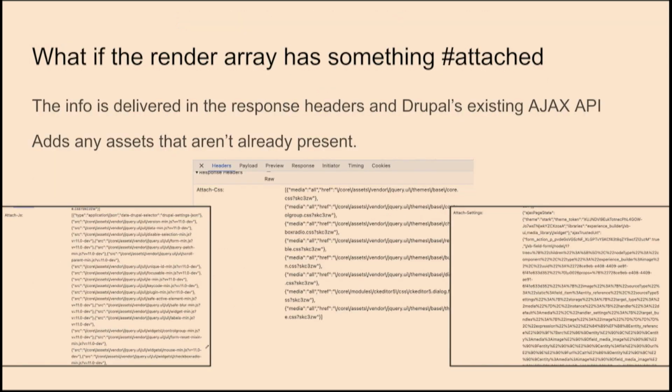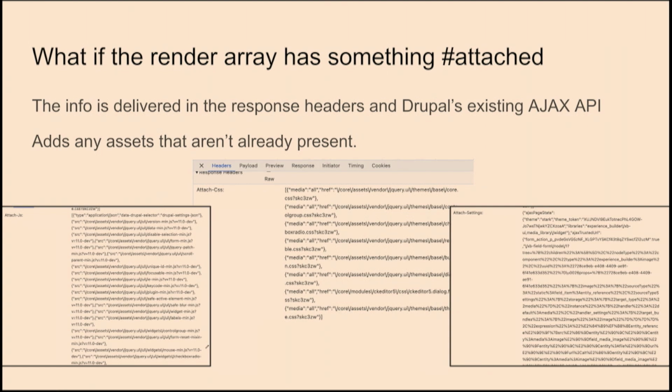All right, and something else that I don't know if this was a worry I had very early on when we did this. I don't know if it crossed anybody's mind yet, because this is already a big info dump, but what if the render array has something attached? So we're adding stuff, and when you introduce new elements to the page using Drupal's AJAX API, if there are assets in CSS, JS, or settings that are not yet present on the page, our AJAX API takes care of it. So what we're doing, and this is currently in Experience Builder and will likely be everywhere that this is used,